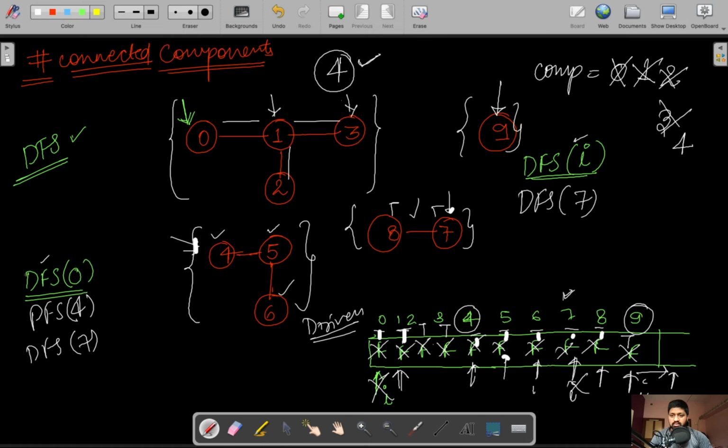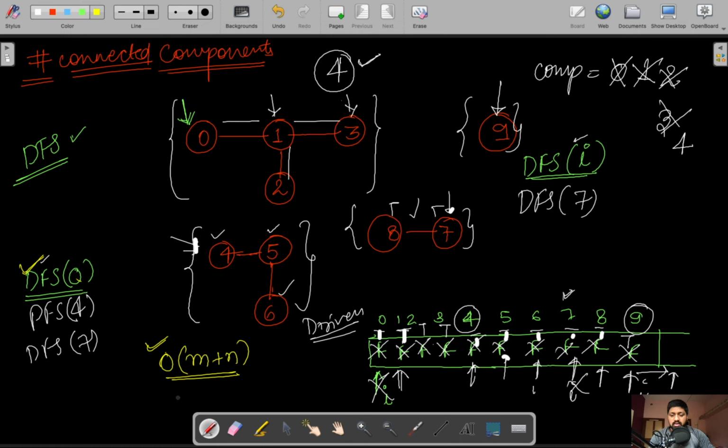What we are doing is, effectively, running DFS on n nodes with m vertices. So the overall time complexity it will take is O of m plus n, which is the time complexity of DFS only, because each node is visited at least once, or at most once or twice. Okay, so its complexity is O of m plus n,